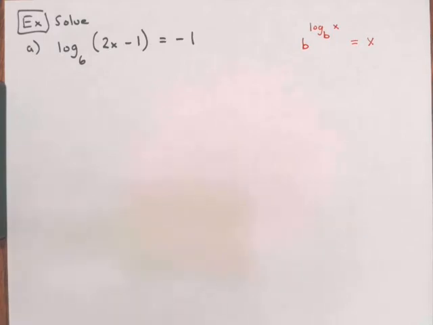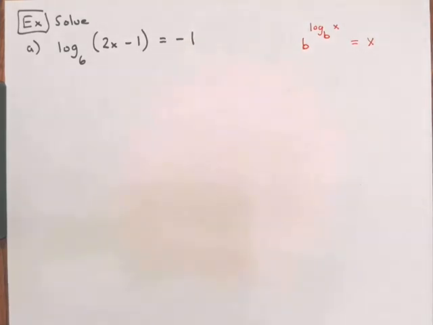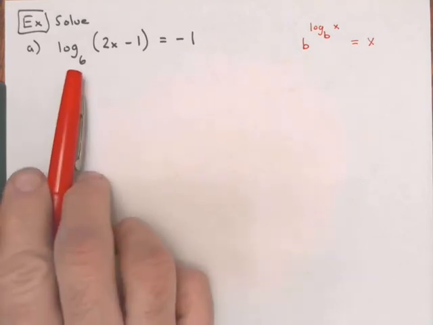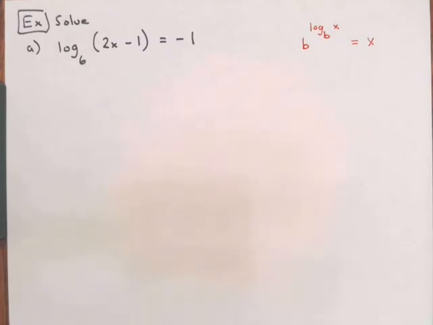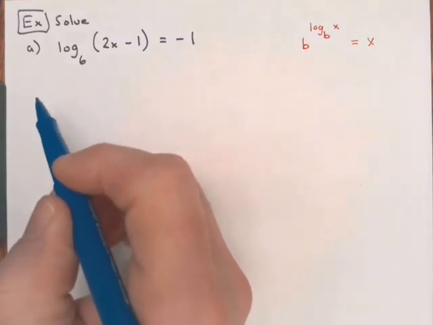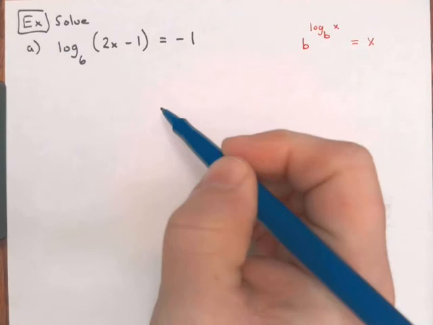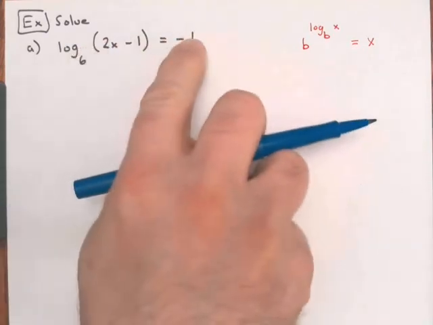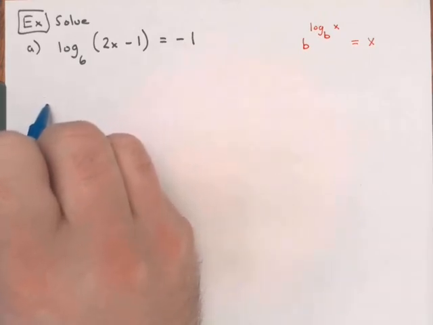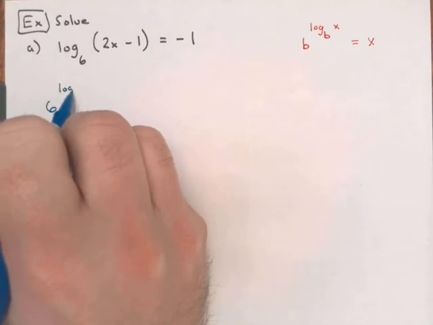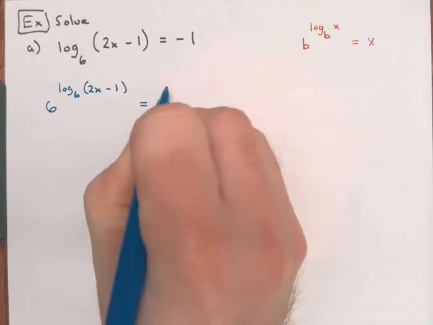So what we can do is rewrite the left and the right sides of the equal sign as exponents, and we can choose whatever base we want. We just want it to match whatever the base of the log is. So the base of the log here is 6. When I rewrite this, I'm going to write it as 6 to the log base 6 of 2x minus 1 power equals 6 raised to the negative 1 power. The left and the right sides of the equal sign are going to become exponents. So we would have 6 raised to the log base 6 of 2x minus 1 power,